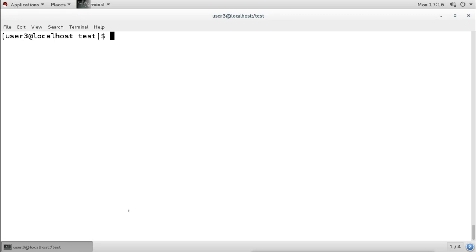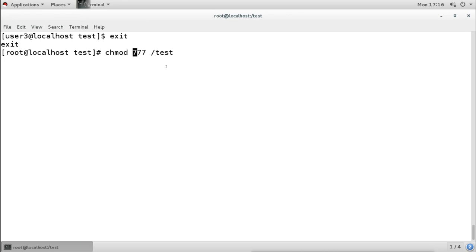Now I want to enable the sticky bit on this directory. I have logged in as a normal user, so I will log out. Now I am logged in as root, so I will use chmod. Remember, the permission for the directory is 777, and we will not change that. We will only add 1 here.